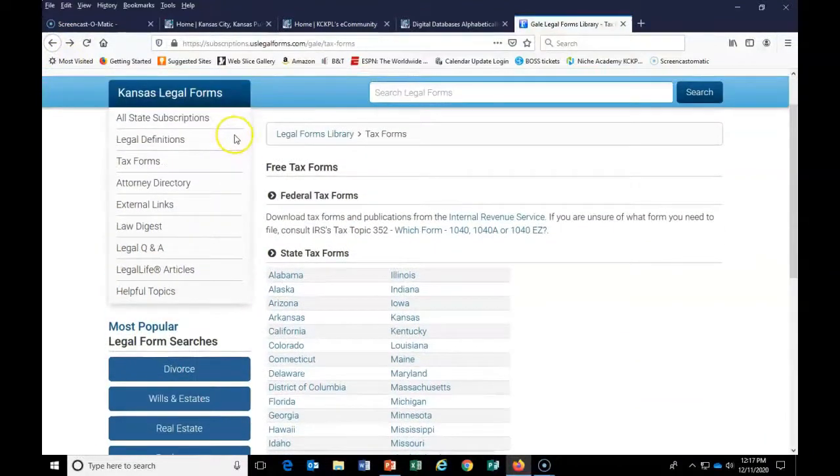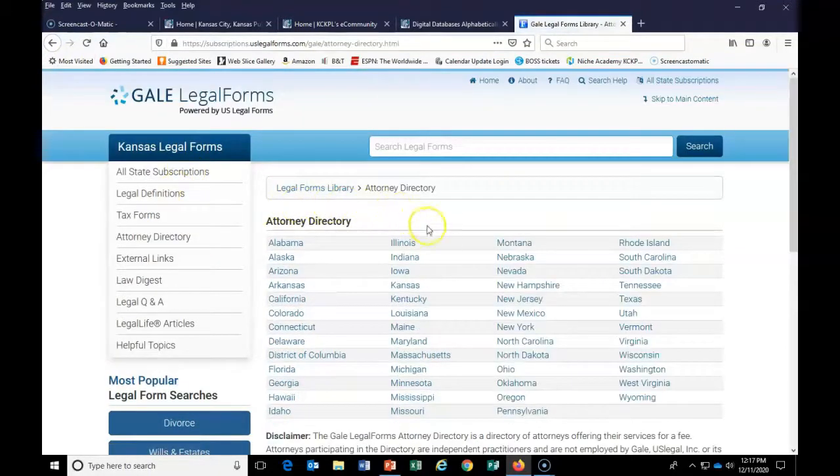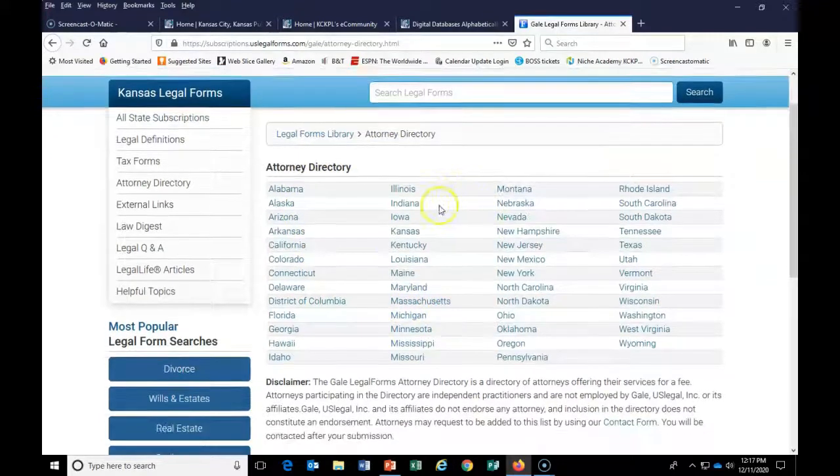And then another link that you might consider clicking on is the attorney directory. And we'll click on that. And basically, you'll get a state-by-state directory for attorneys that are available. So when I click on Kansas,